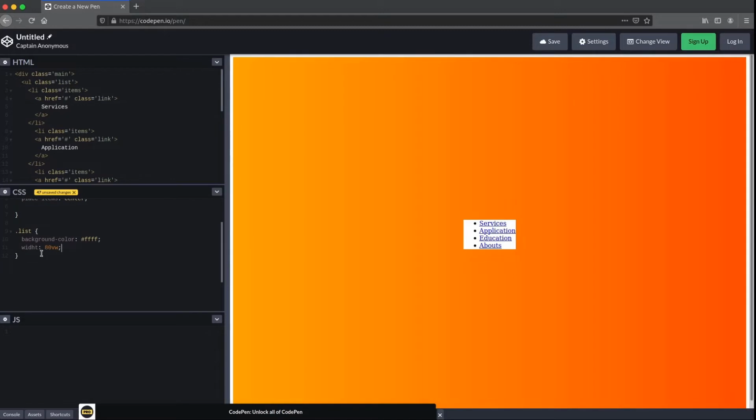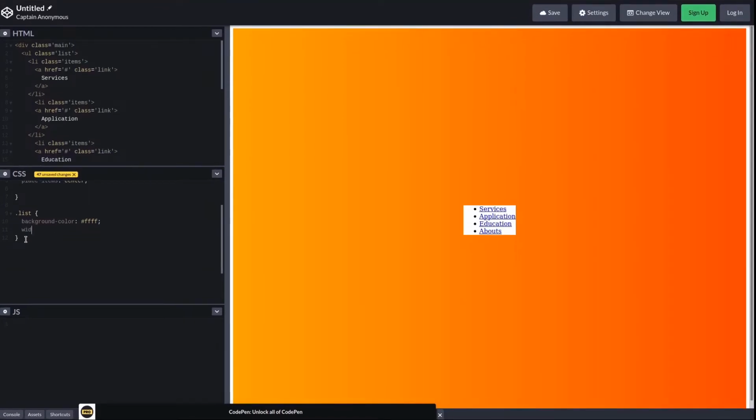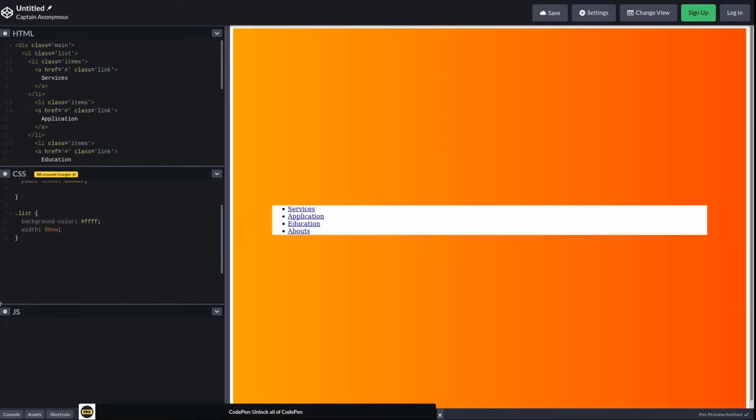I don't know why this is not working. Width should be 80, w. Oh, it's working.